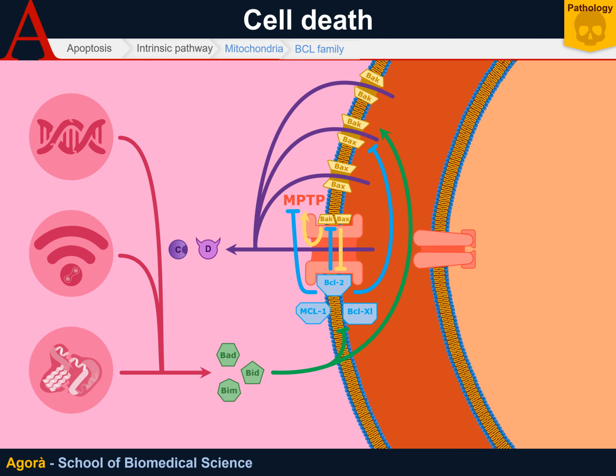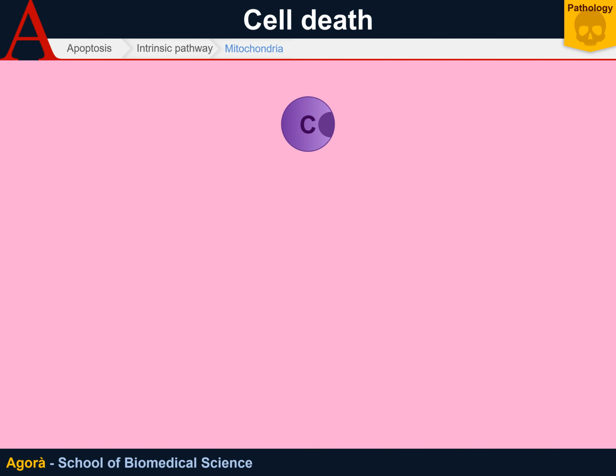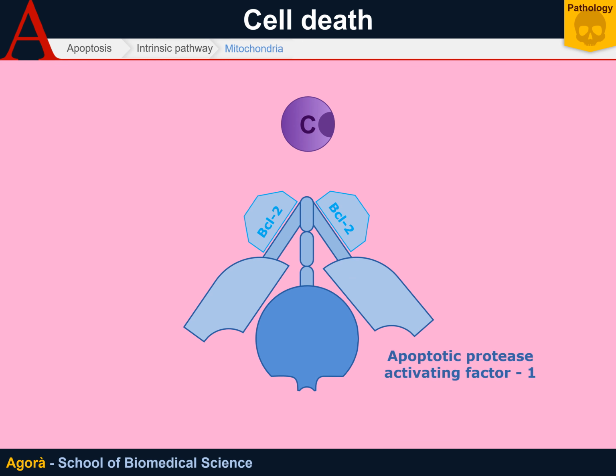However, in case of damage, the BID protein blocks the anti-apoptotic proteins and stimulates the pro-apoptotic ones. This causes an imbalanced counter-regulatory function while favoring channel insertion and allowing the continuation of the apoptotic mechanism. At this point, cytochrome C, leaked out from mitochondria, flows into the cytoplasm where it meets a molecule called apoptotic protease activating factor 1. Cytochrome C is normally bound with BCL2 molecules, but when a pro-apoptotic situation occurs, pro-apoptotic molecules block